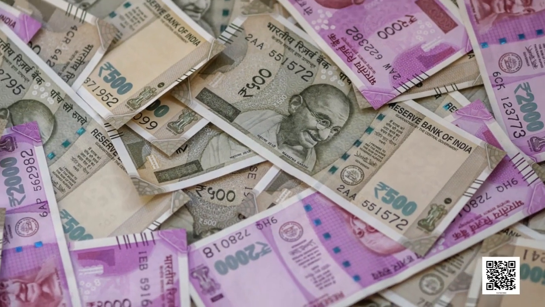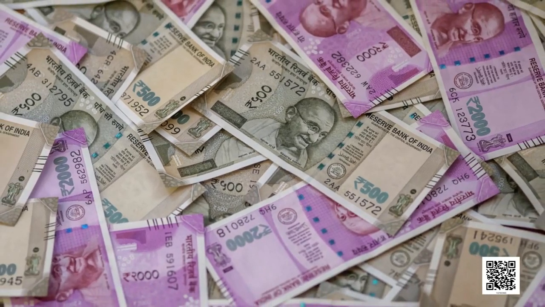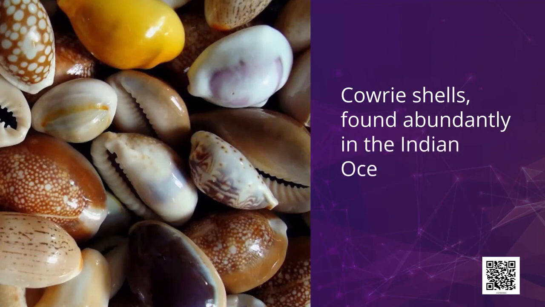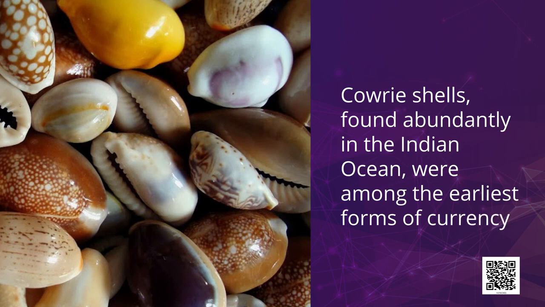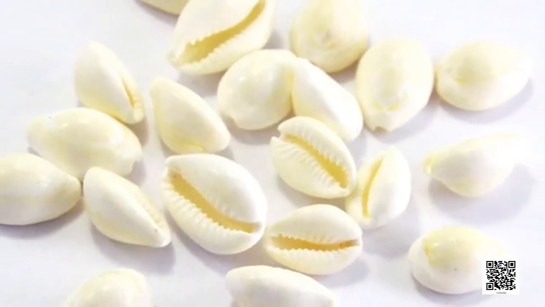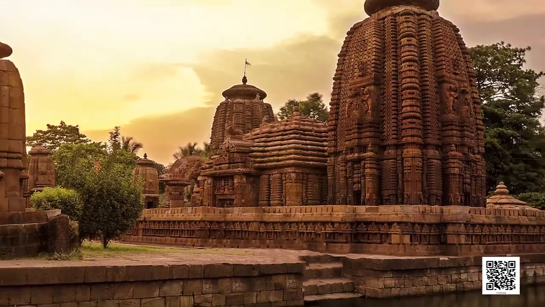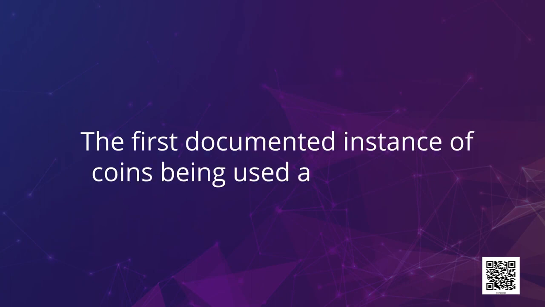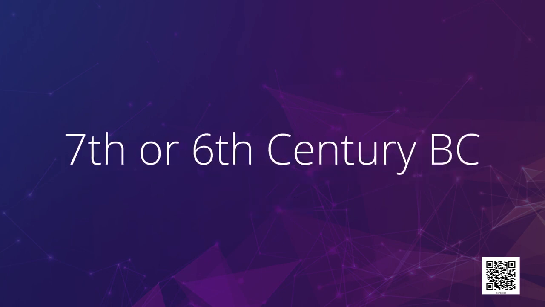Money and its journey in India goes way back. Cowrie shells, found abundantly in the Indian Ocean, were among the earliest forms of currency used in the world. In India, they were colloquially referred to as cowrie and were used in certain areas like Odisha even until early 1800s. The first documented instance of coins being used as currency in India dates back to the 7th or 6th